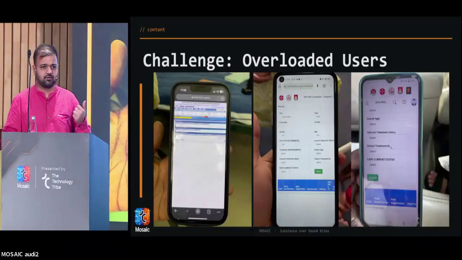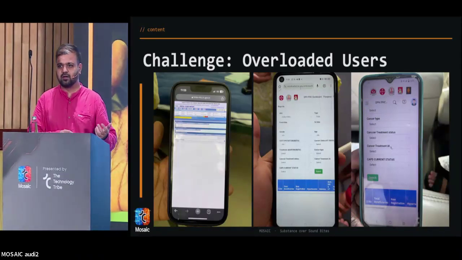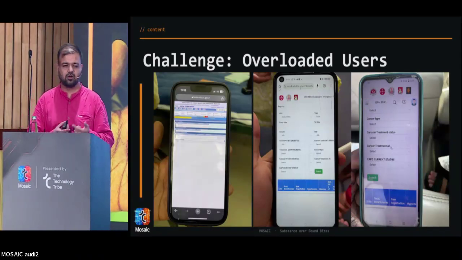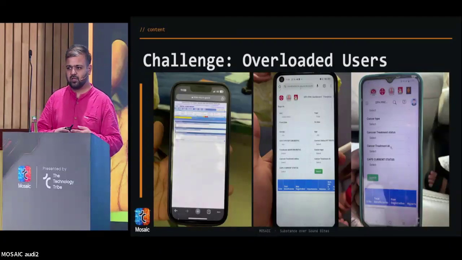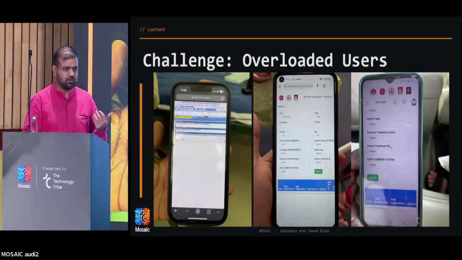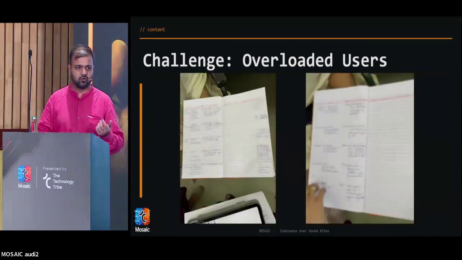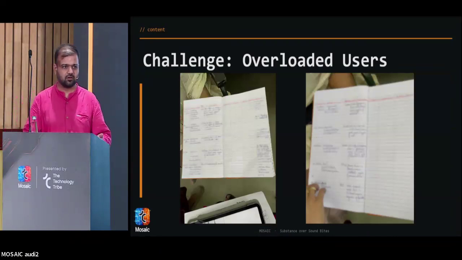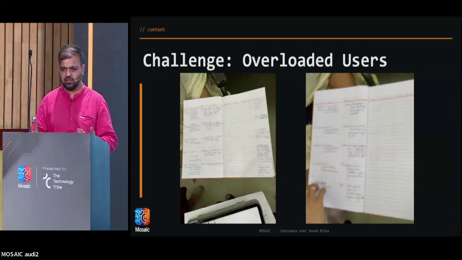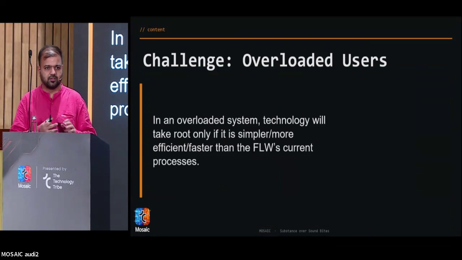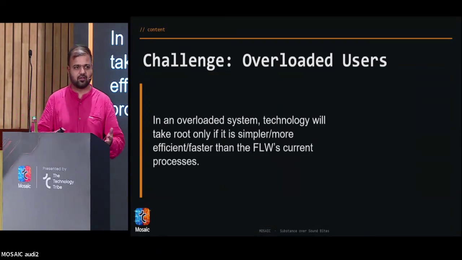Each of these health programs have their own apps, which have been mandated for her to use by her supervisors. And these apps are not designed with the user in mind. They can be slow, clunky, ask for too much information, and have confusing flows. And to make matters worse, the nurse has to enter all of this information again into a physical register. If the app that we built was not efficient or was confusing, the user is not going to use our app and the tech will fail the program.